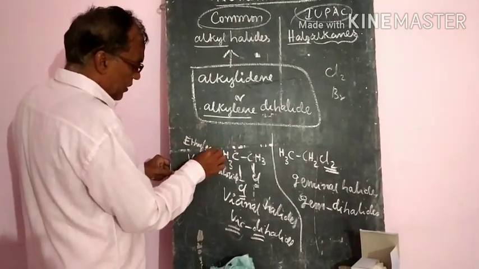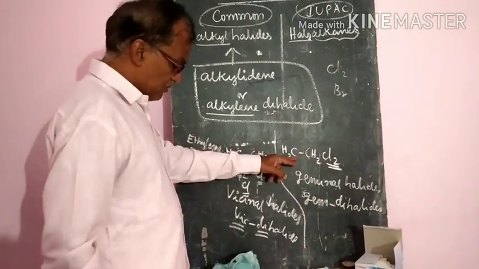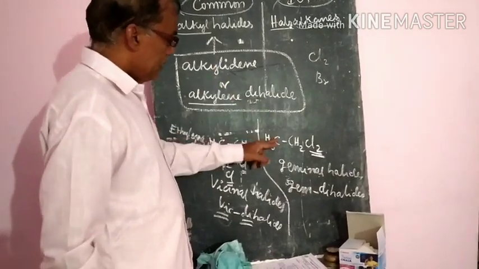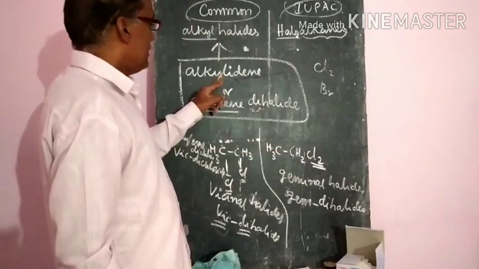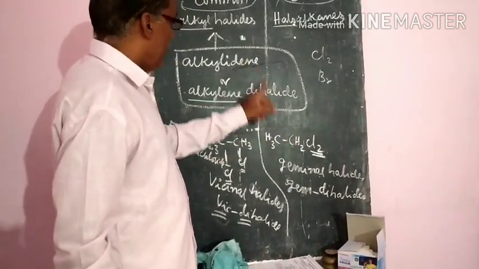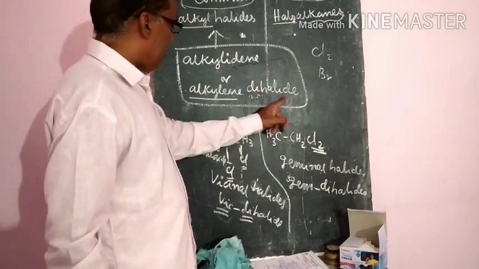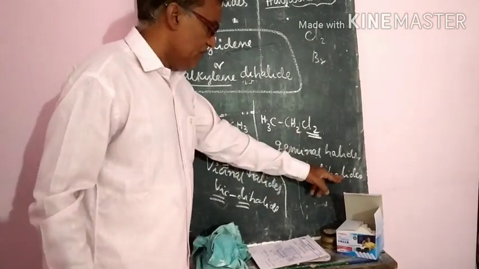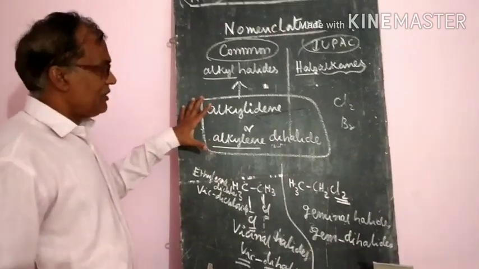Ethylene dichloride. Like that we will give the name. Suppose if you take this one, what name is given? Ethylidene. Two components are there. The alkyl group is the ethyl group. Ethylidene chloride only we will write down. Or if you want to write the dichloride, what you have to write down? Gem dichloride. So like that nomenclature is there.